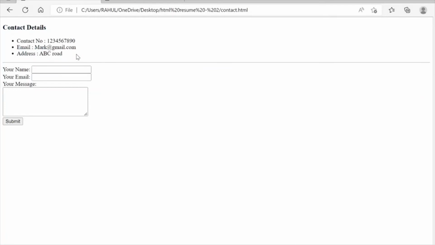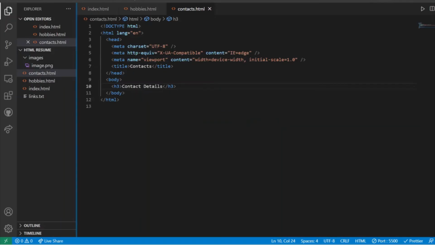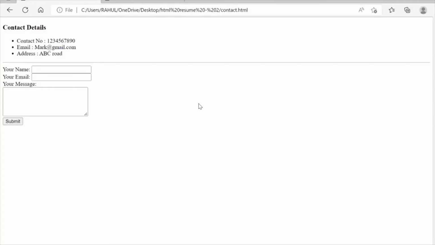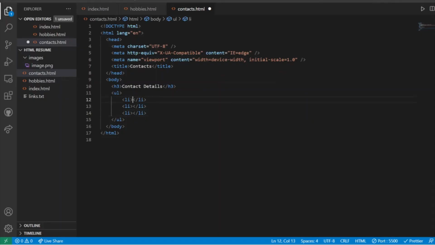and let's add these 3 details also, which is contact number, email and address. So all of this will come under an unordered list. 3 list items will be there. So contact number, email and address.